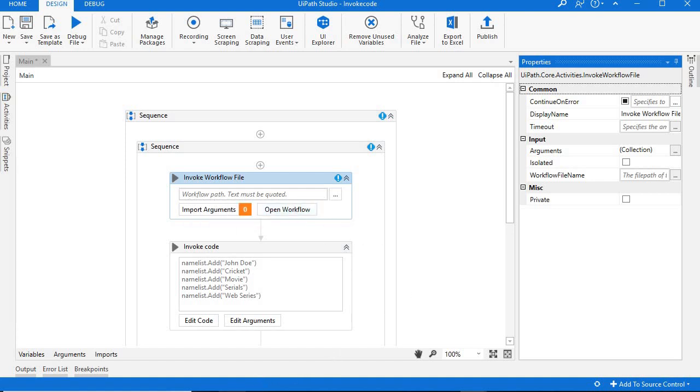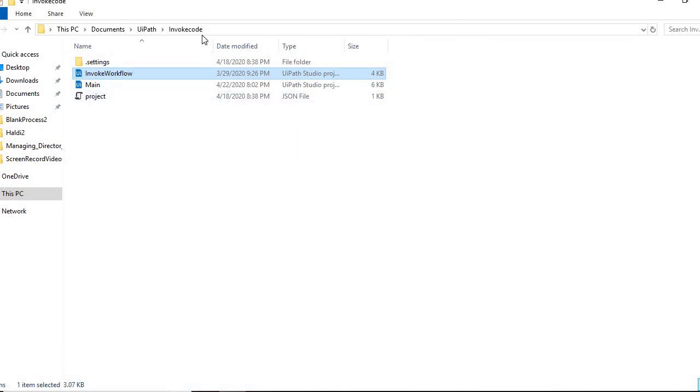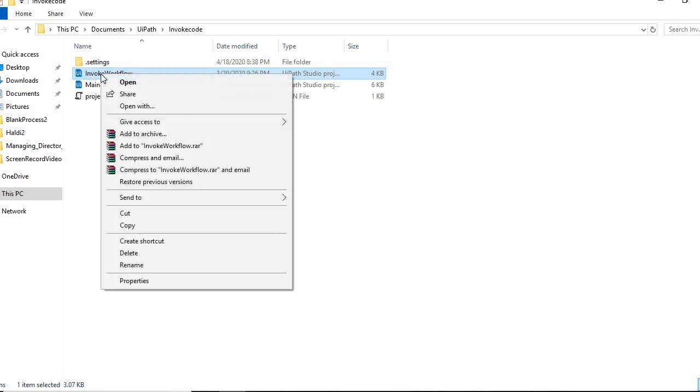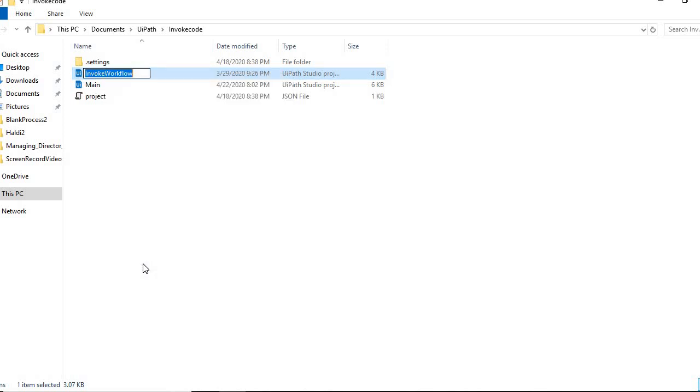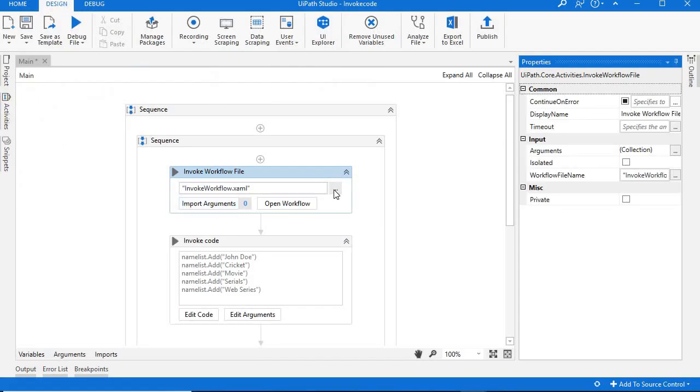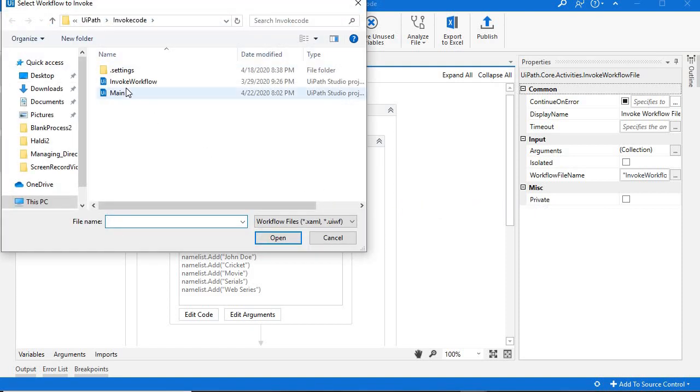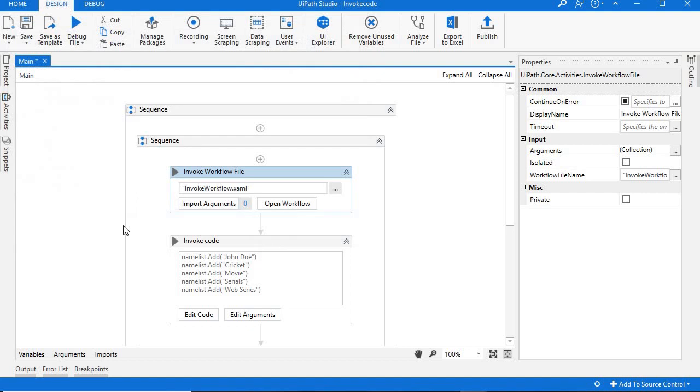If you go to the project folder, then this workflow is situated here and I just need to call this workflow. You can also do it by clicking these three dots, selecting your workflow and opening it.